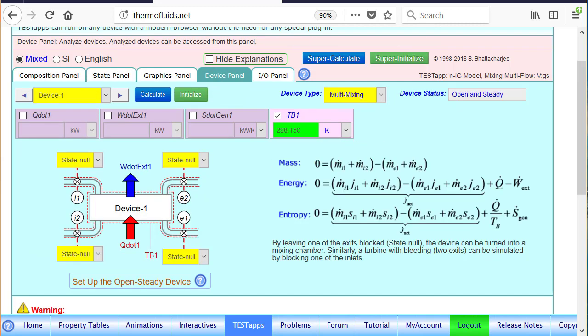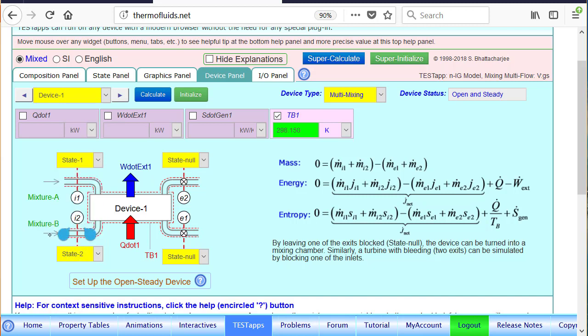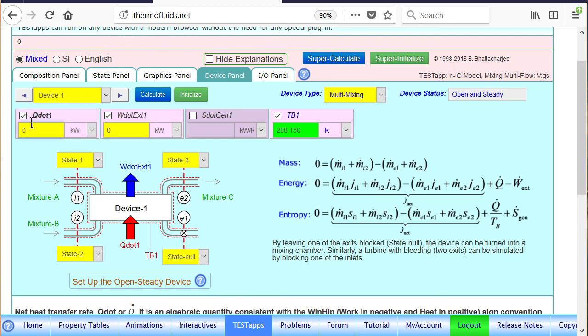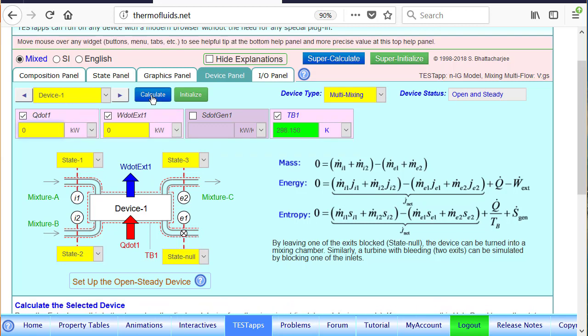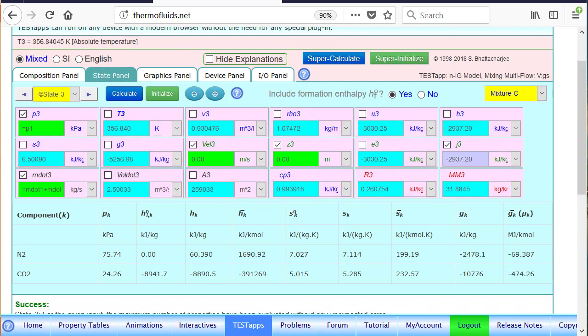And let's take a look at, again, we have the multi-mixing panel. There's no difference here. It's a mixing chamber. So state 1 is mixture A, state 2 is mixture B, and state 3 is mixture C. So also we know heat transfer and work transfer are 0. So if I do a calculate now, just like before, we should be going there, and J has been pasted back. A calculate should produce the temperature,